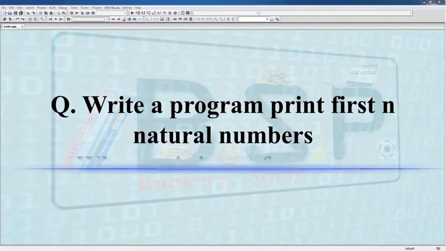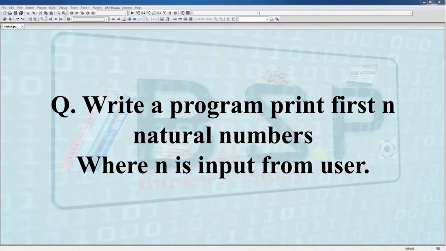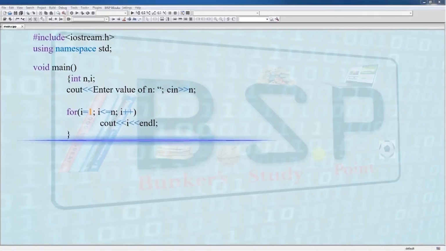Okay, so let's take a practice question. Write a program to print the first n natural numbers where n is an input from the user. So the basic program will be like this: void main, int n and int i. cout enter the value of n, cin n, the basic ones, and then in the for loop we have taken i equal to 1